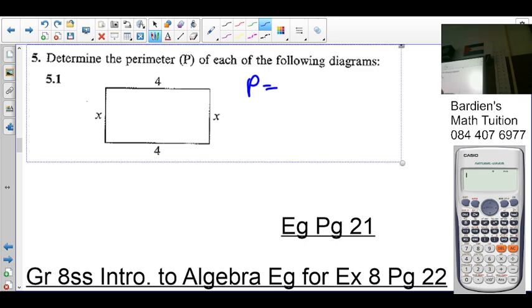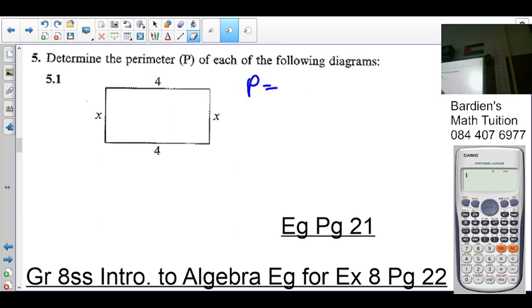You're going to say length plus breadth plus length plus breadth, or you can say 2 length plus 2 breadth, or you can say 2 times, in brackets, length and breadth. It's all the same formula. So I'm going to go with 2 length plus 2 breadth. Or you could have just said, if you didn't know that, your perimeter is the sum of those lengths on